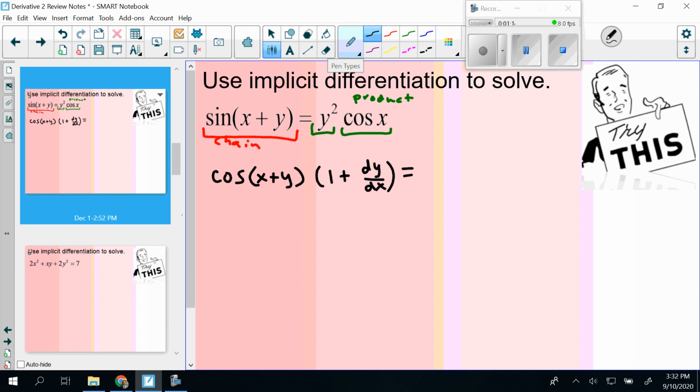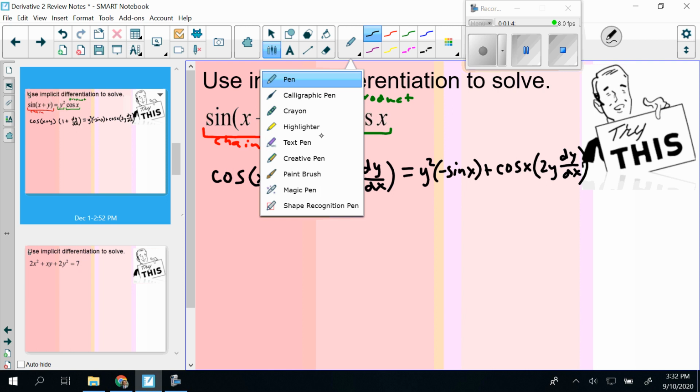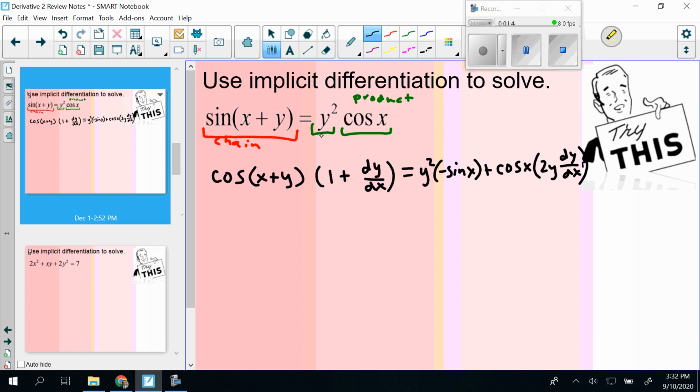Now let's do product rule on the other side. We got first function times derivative of the second, derivative of cosine is negative sine, plus, now we switch them around, so cosine times the derivative of y squared, which is 2y. But it's y, so we got to include dy dx. All right, so now, next step, we want to try to figure out where's all our dy dx terms. On the right side, we just have this one term here that's going to have a dy dx as part of it. On the other side, though,